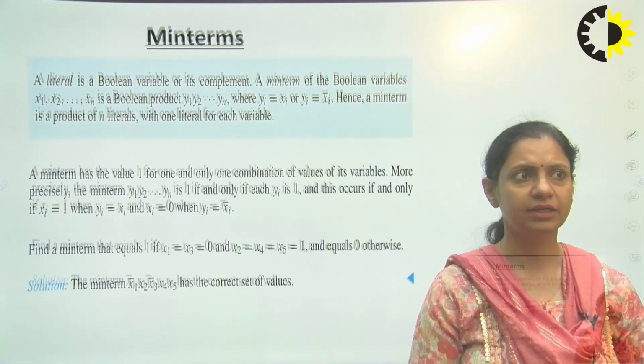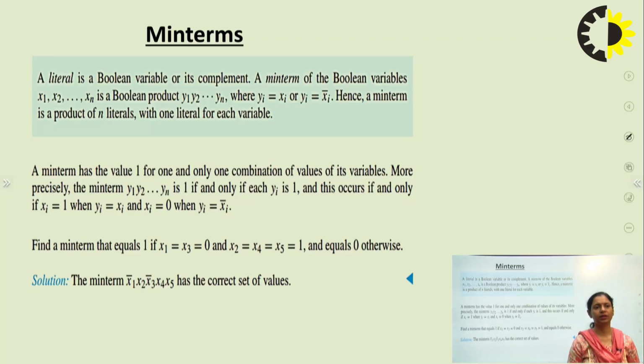So let's understand, whenever we are making a K-map, what are the terms that we usually use whenever we are working on the Boolean algebra or solving the K-maps. So the first thing that we have is the min term. Now, if I talk about a literal, it is a Boolean variable or its complement. And a min term is a Boolean variable